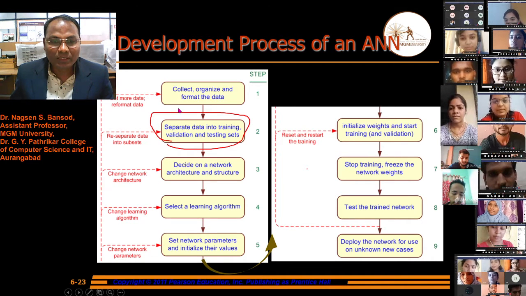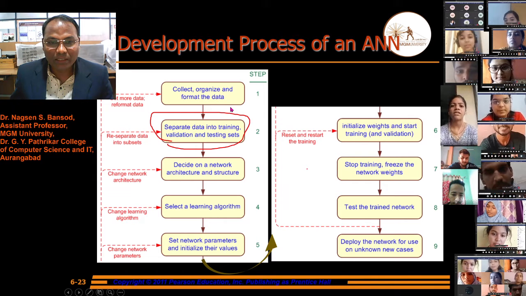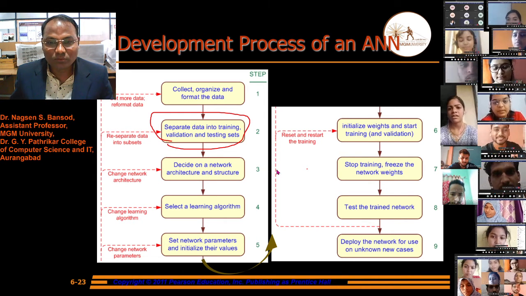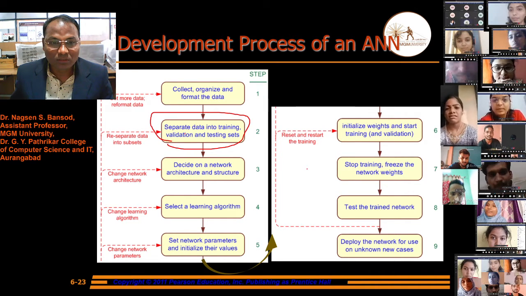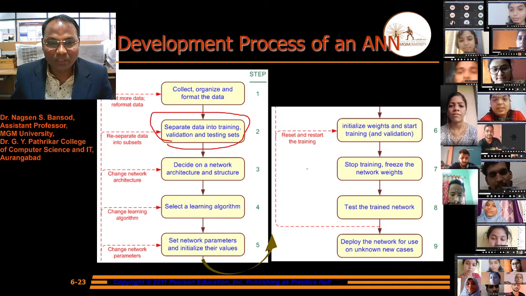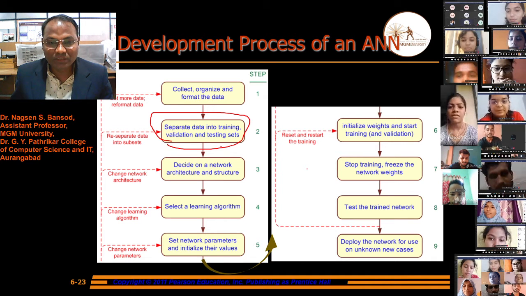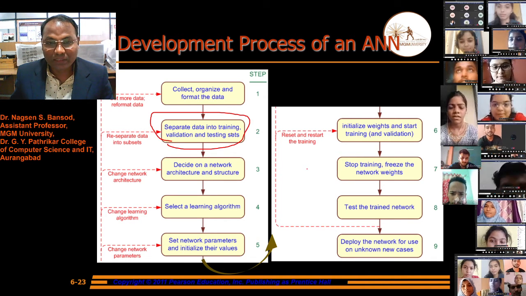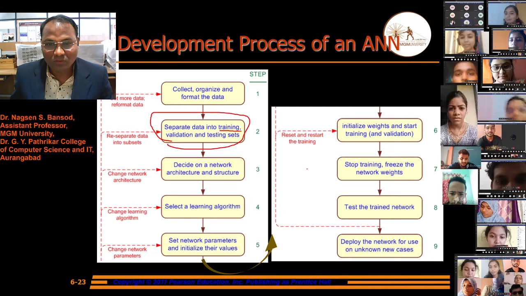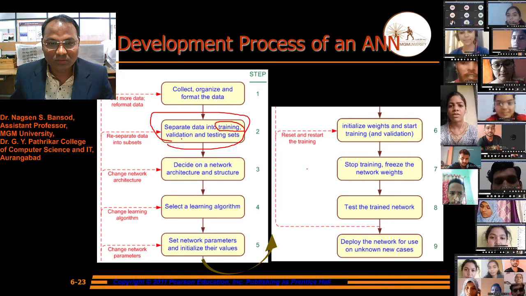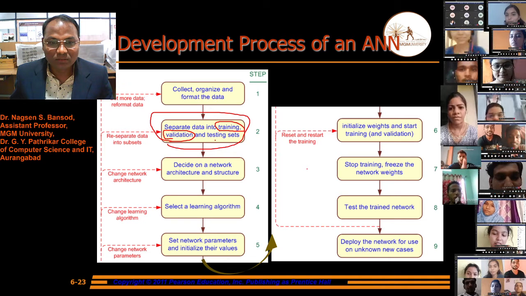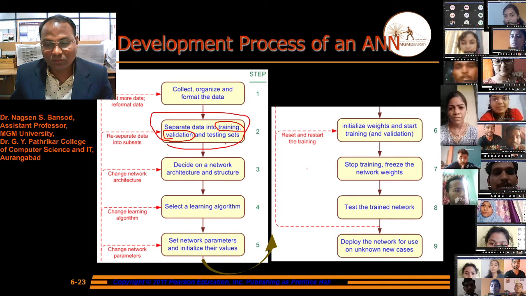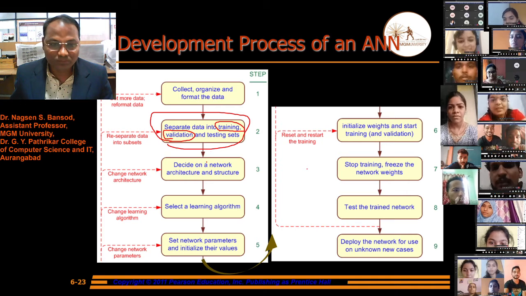Once we have collected the data, we have to do some operations to separate the data into the training, validation and testing sets. We have to make these 3 sets: first the training set, then the validation set and the testing set.